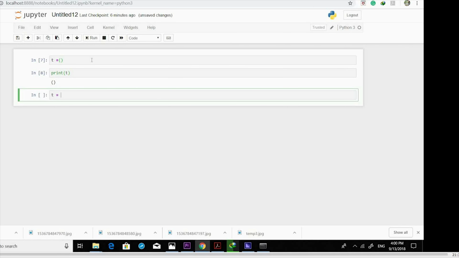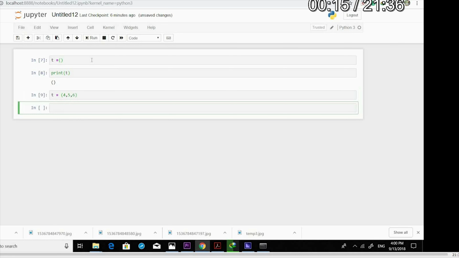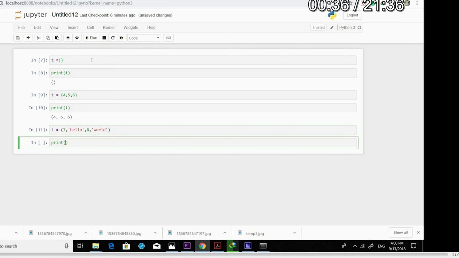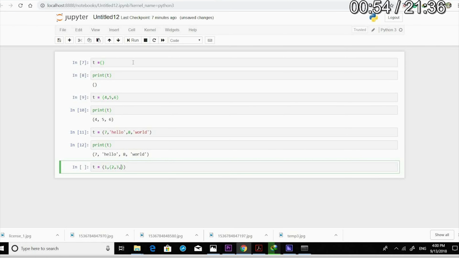T, it's an empty tuple. I print it, and it can be a tuple of integers, and it can be a tuple of mixed data types. It can be a tuple of nested elements,